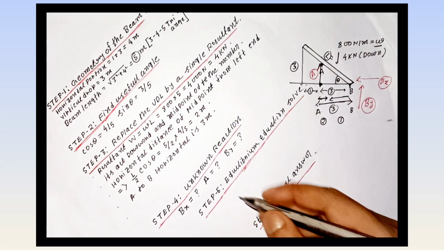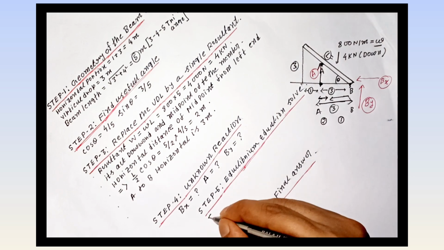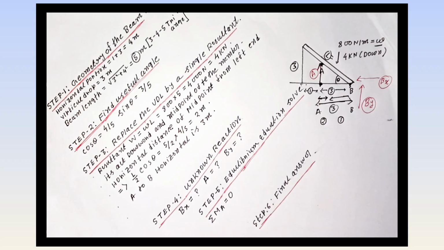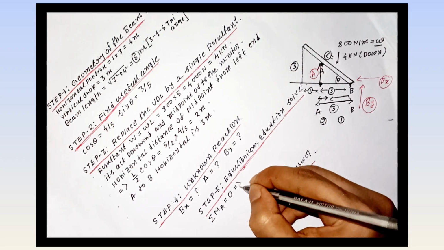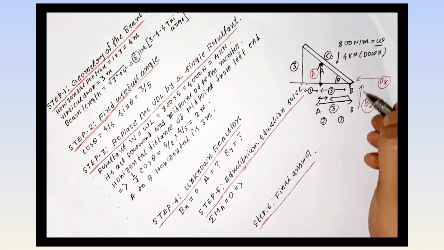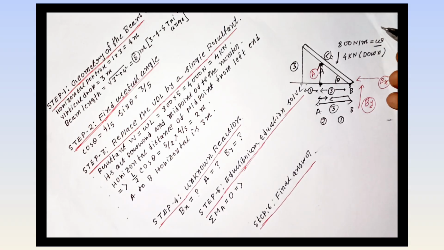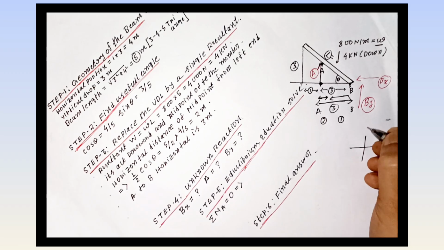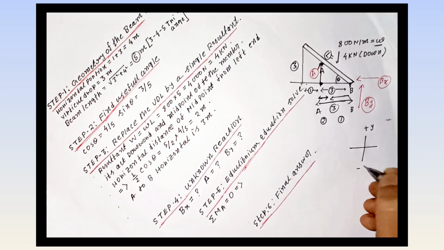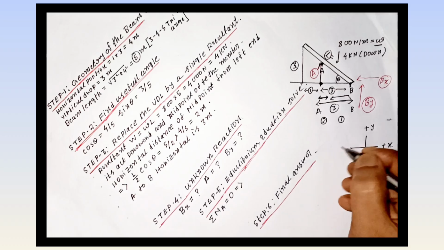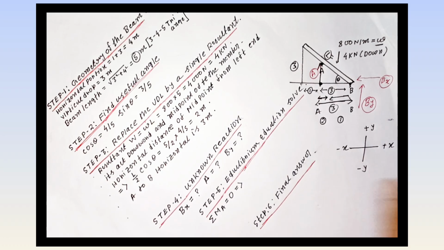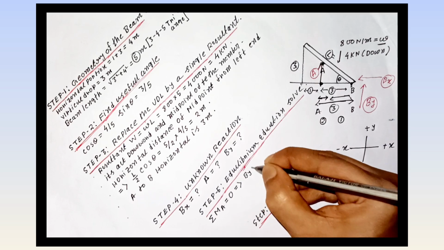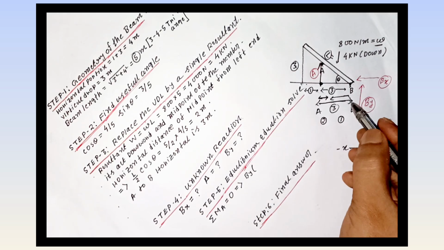Step 5. Solve the equilibrium equations, which is very important but very easy if you know the actual approach. Summation of moment equal to 0. Let's watch. This is By, upward. Upward means plus. This is positive y, this is negative y. This is positive x, this is negative x. If going to positive y, plus; going to negative y, minus. So By is going to positive y, then plus.